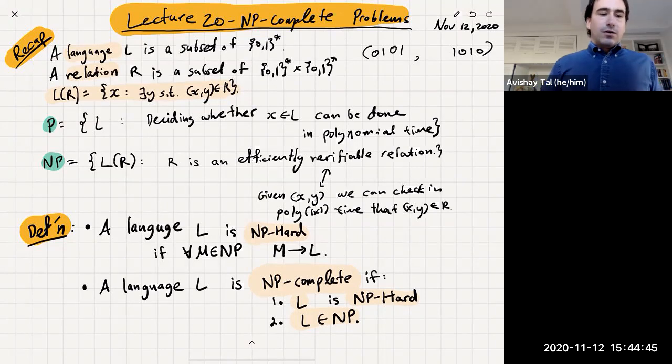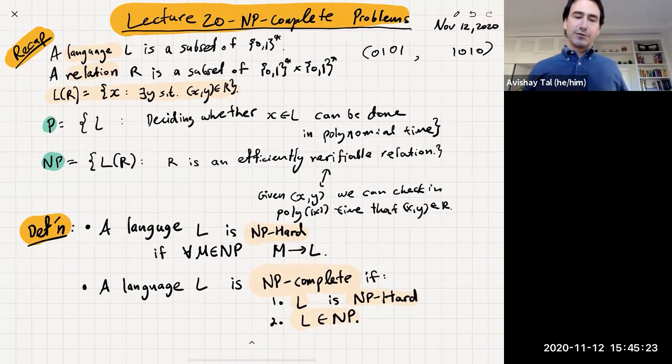Okay. All right. So to recap, we were talking about languages and relations. Once you have a relation, which is just a collection of tuples, you can talk about the language corresponding to the relation: all the inputs x such that there exists a y such that (x, y) is in the relation. The class P is the set of all languages for which you can decide whether a string is in the language in polynomial time. So if I give you some string and ask you, is this string in the language L or not? You can write an algorithm that would run in time polynomial in the length of x